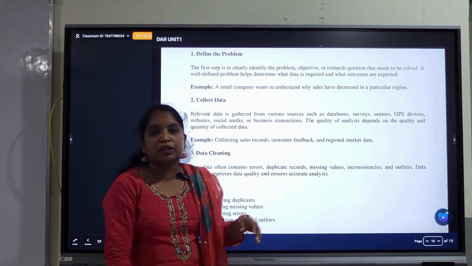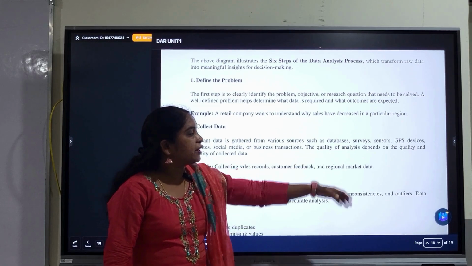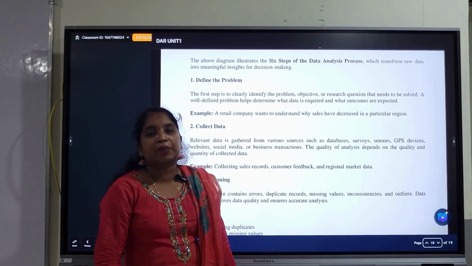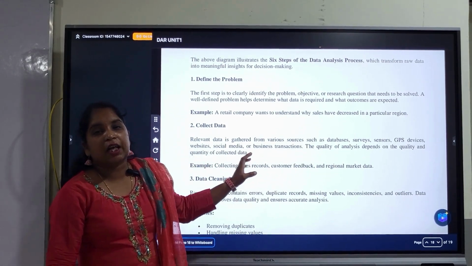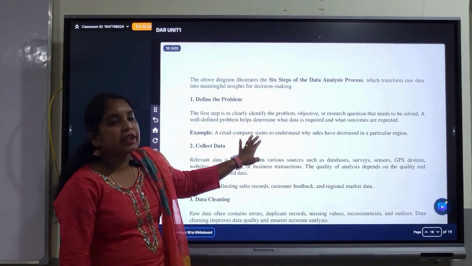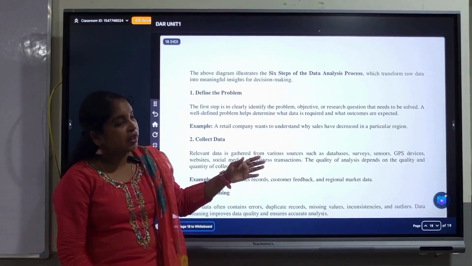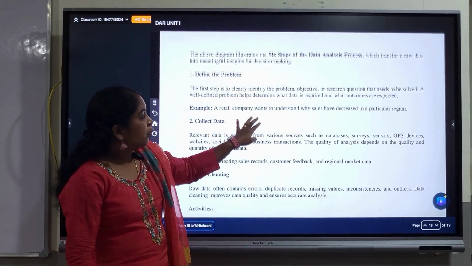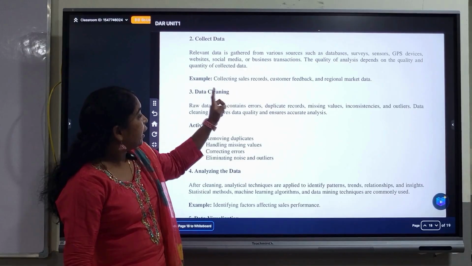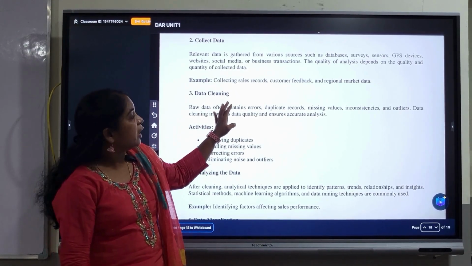The primary source includes the survey method, observation method, and experimental method. The secondary source includes organizational resources, government resources, and other resources such as surveys, sensors, GPS, and signals. We can collect the data from all these various sources. After collecting the data, we should verify the quality of that raw data. Then we can go to the next step, that is data cleaning.